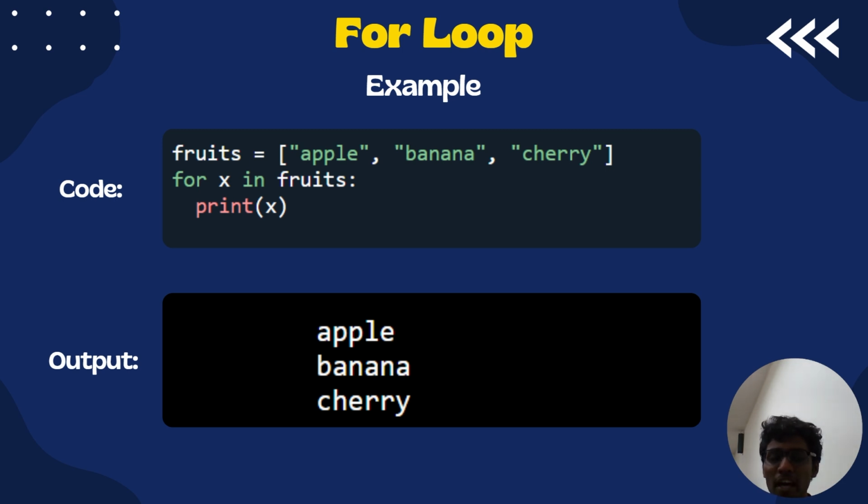So in from where? You have to specify where the for loop will connect, which variable it will connect to. For x, a substitute variable, in, from where it will connect: it will connect from fruits. For x in fruits. Now it is done, our for loop is connected to fruits. Then we will use print to print the variable. You can print x here. I gave x, so the computer will understand that x substitutes the values of the variable fruits. So the output is apple, banana, cherry, because x is substituted with the values apple, banana, cherry.